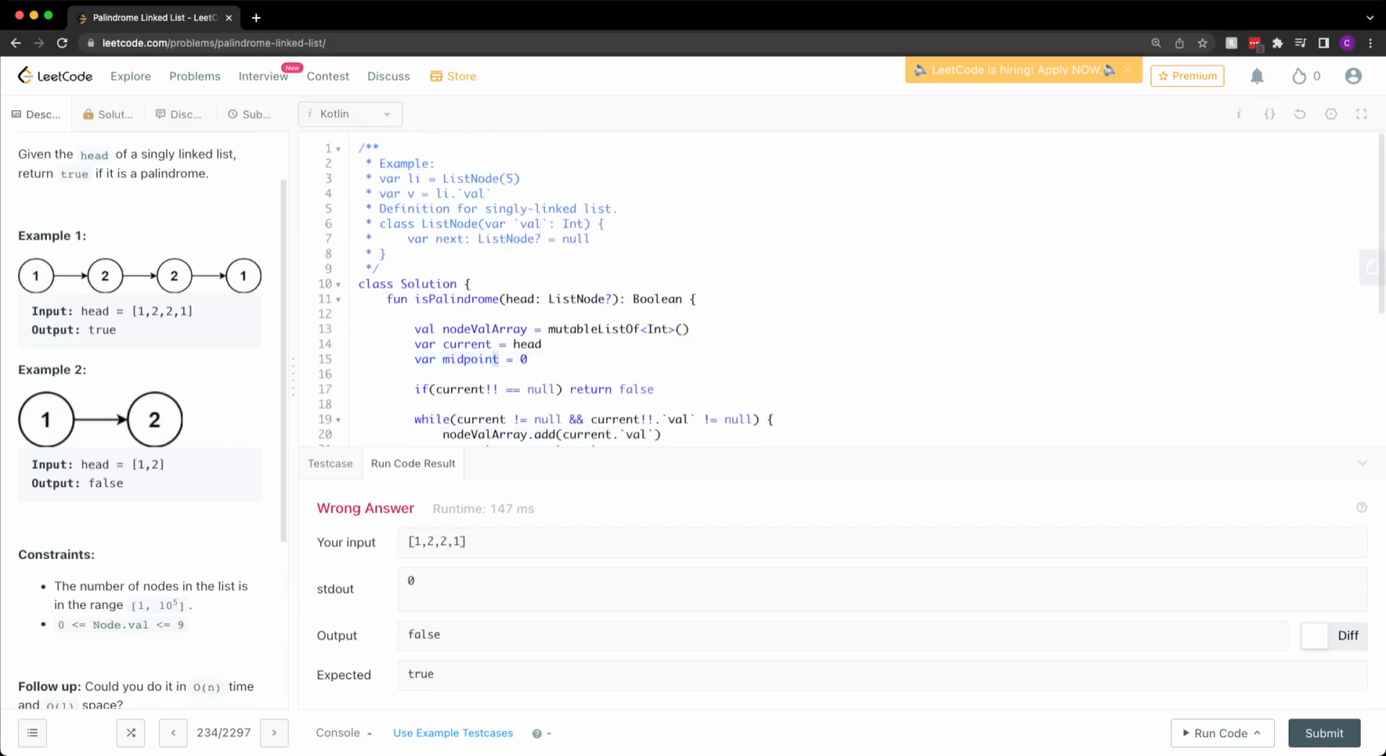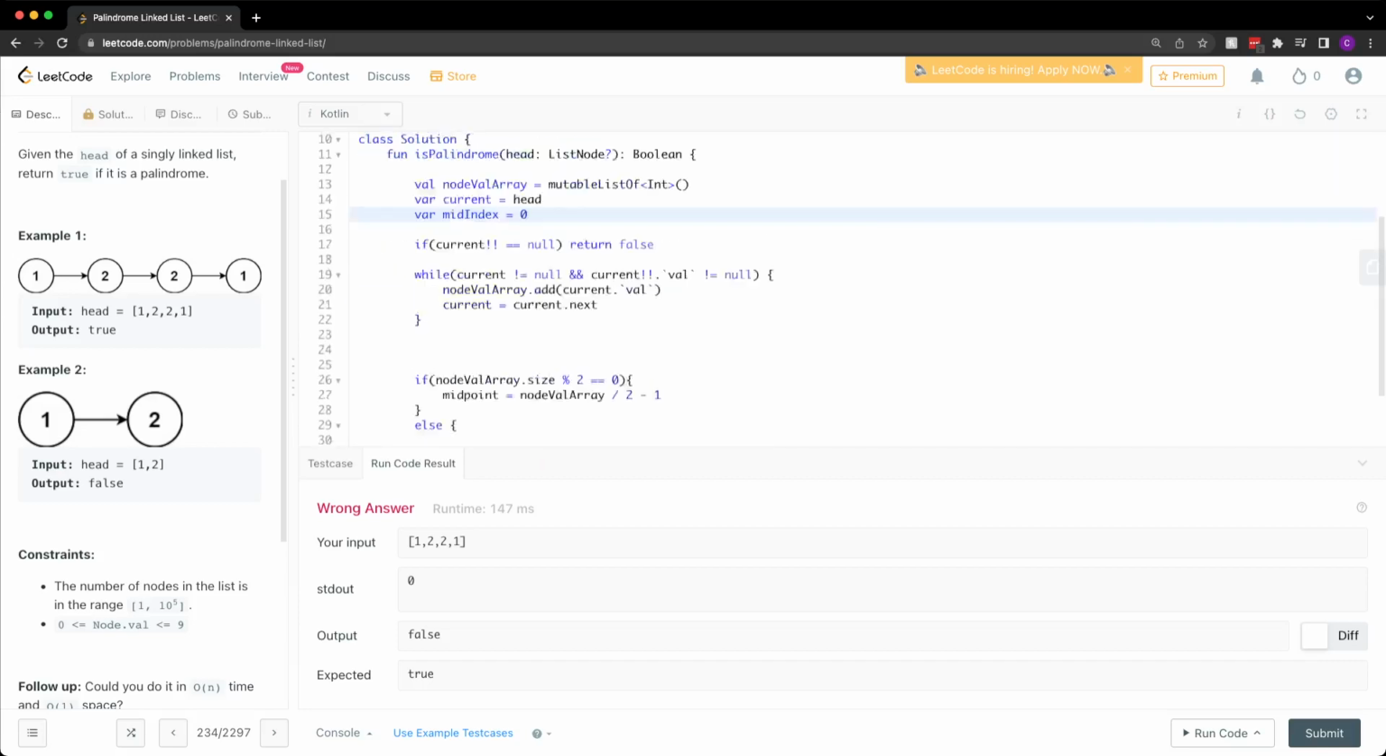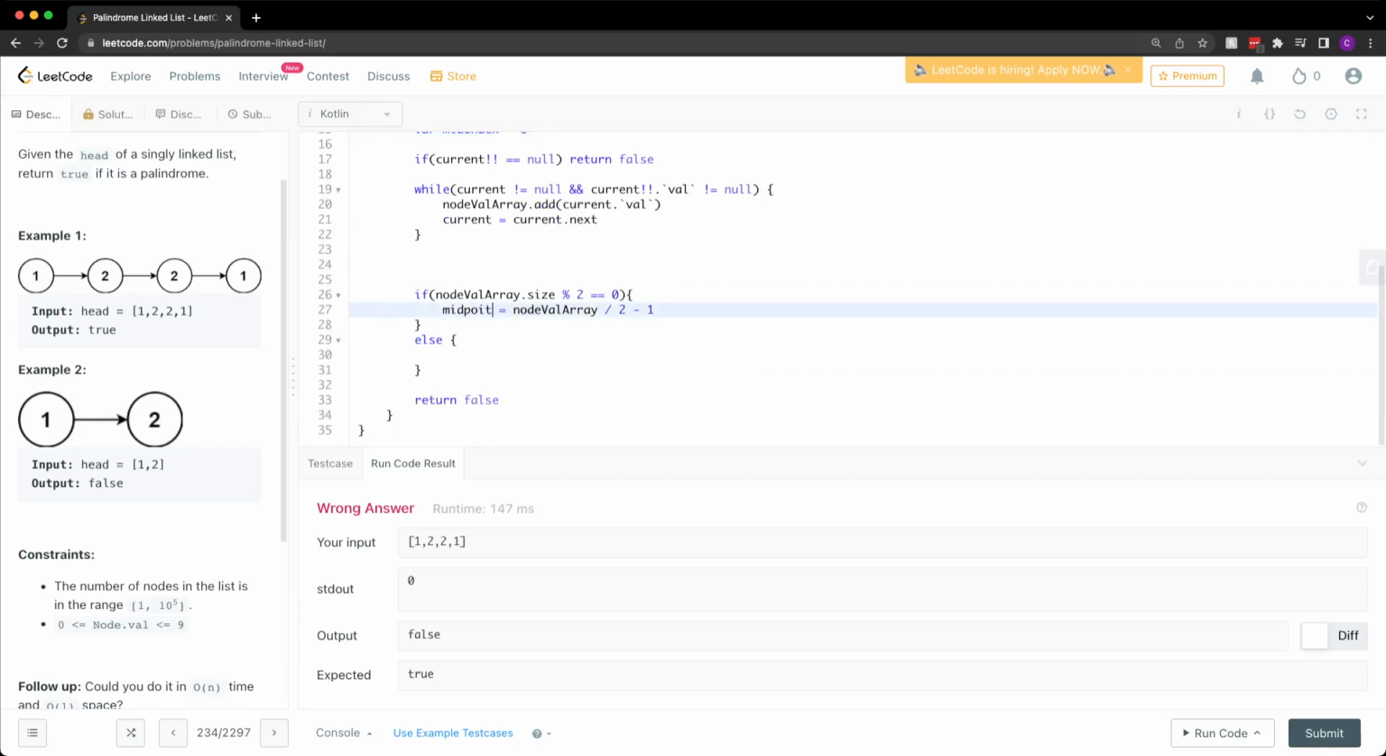And what we'll change this to mid index, just for clarity. And then let's get a val substring 1 is equal to node val array dot substring from 0 to mid index. And then val substring 2